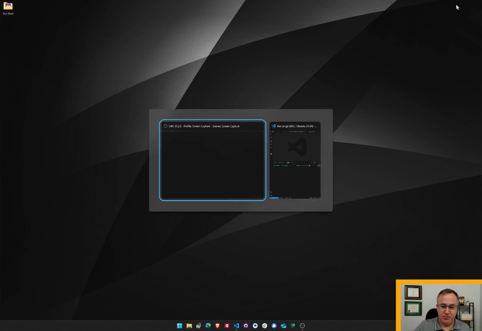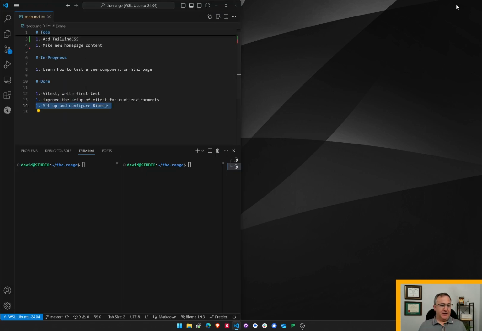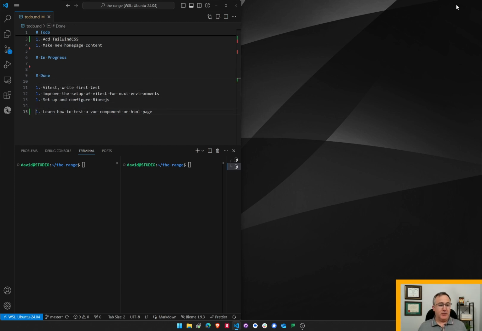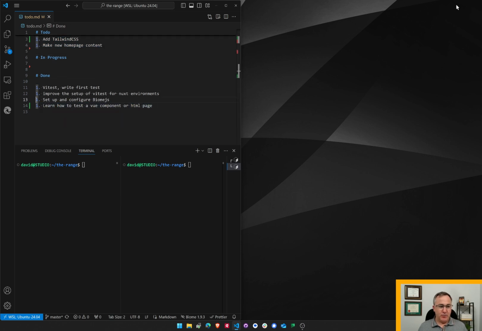Well, actually, let's be reminded of that because I can keep track in my to-do list. Yes, set up and configure biome. I also learned how to test a view component, so I'm going to move that down to done. The next thing I wanted to do was add Tailwind, but when I was testing this view component, I